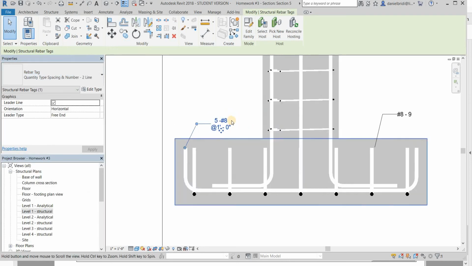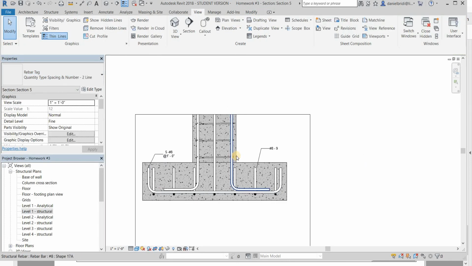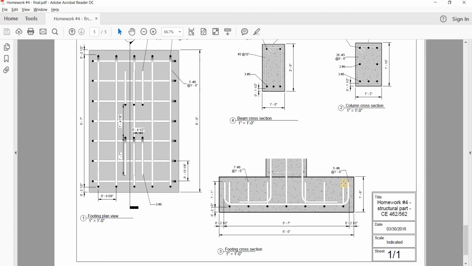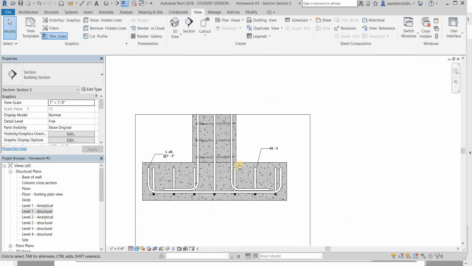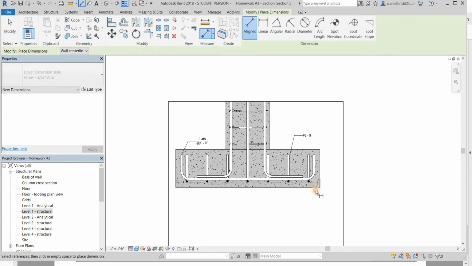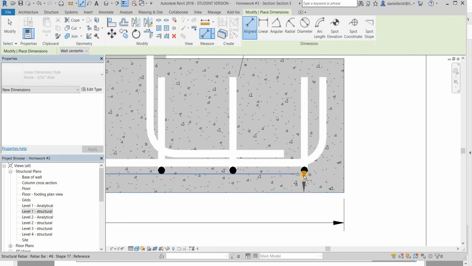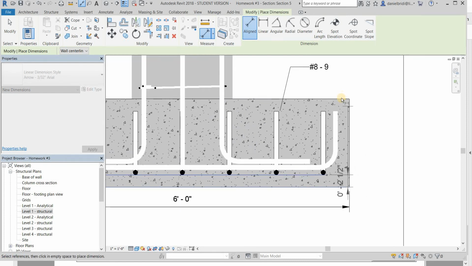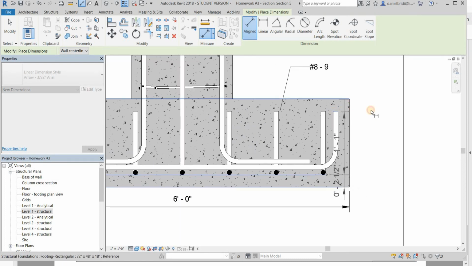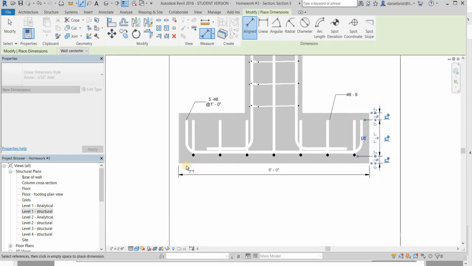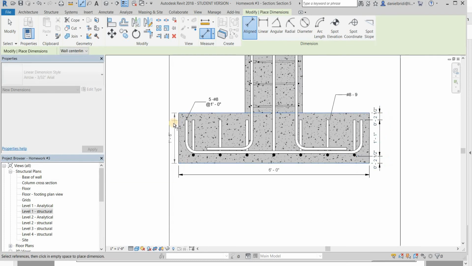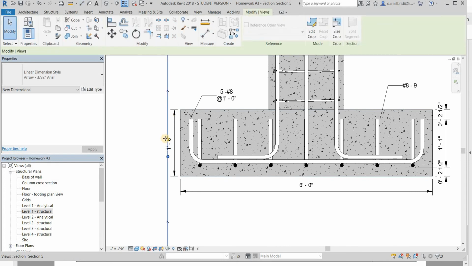Okay, like this. Alright, let's see, yes, and now I just need to insert the dimensions again. Okay, and this time, okay,